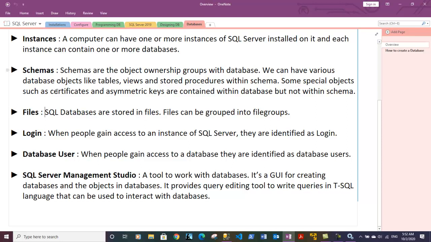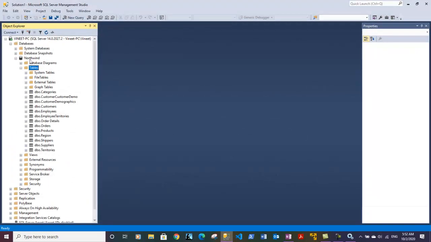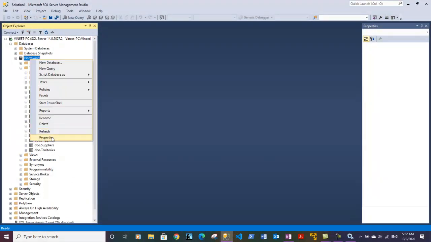And now let's talk about files. SQL databases are stored in files, and files can be grouped into file groups. Let me show you the concept of a file. If we go back to SQL Server, right click on the Northwind database and go to properties,